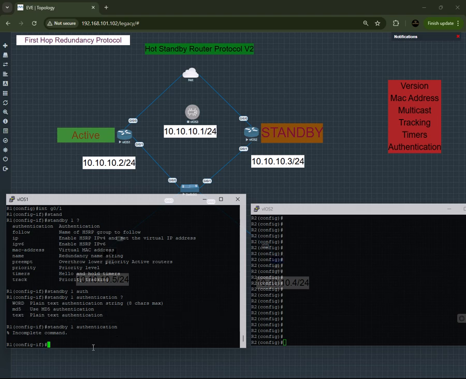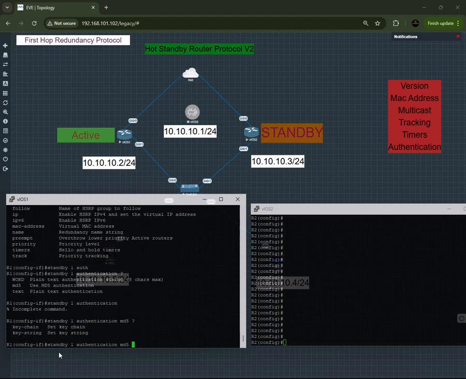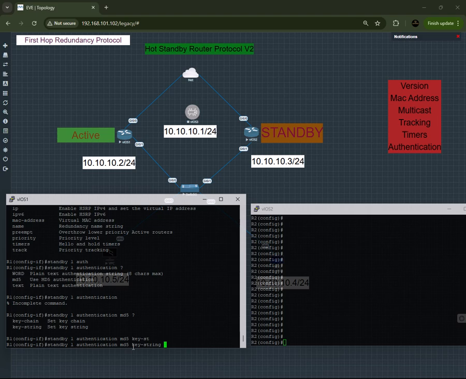So we need to specify that we want to use MD5. From here, let's further check which one we're gonna be using. We're just gonna use a simple string. We're not gonna use the keychain. So let's just use key string, and then what is our secret, or what is our password? Let's just say Wi-Fi tech. Wi-Fi tech. All right,